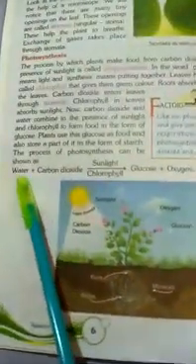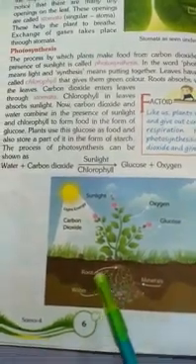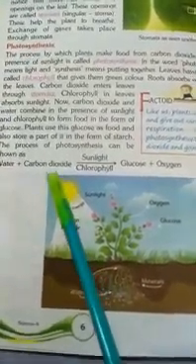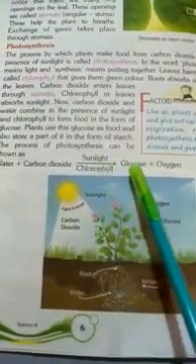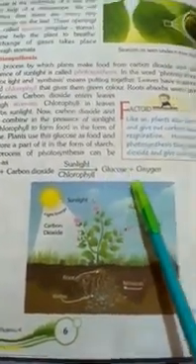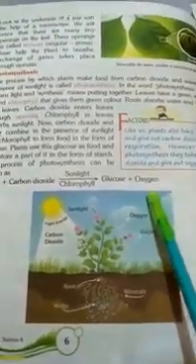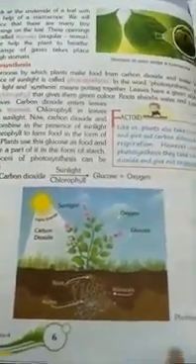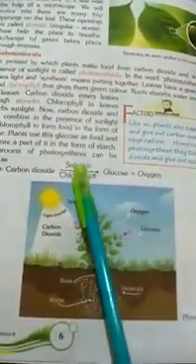The process of photosynthesis can be shown as follows: water that the roots absorb, and carbon dioxide which is present in the atmosphere, in the presence of sunlight and chlorophyll, form glucose. In that process oxygen is also released, which is needed by human beings. I hope this is clear up to here.